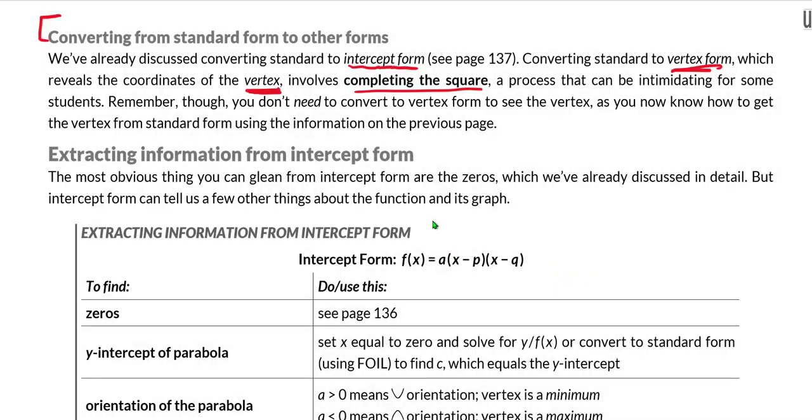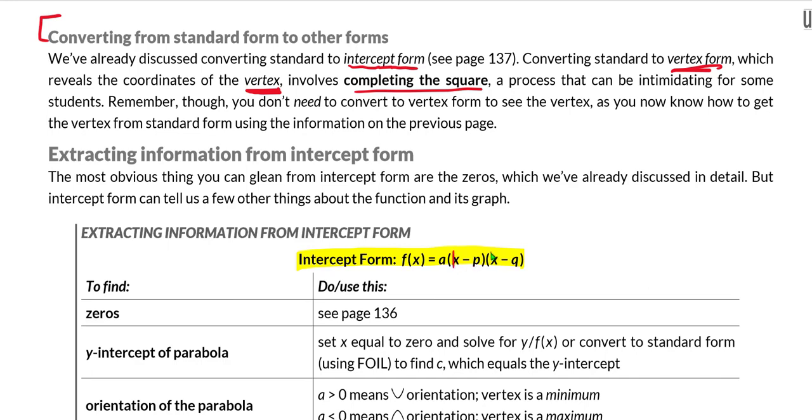Okay, so we have just discussed how we extract information from standard form, how we convert standard form to some of the other forms if we need to. We need to talk about intercept form, take a little bit of a closer look at intercept form. So first of all, just to reiterate, here is intercept form, and just to make sure we're all understanding that